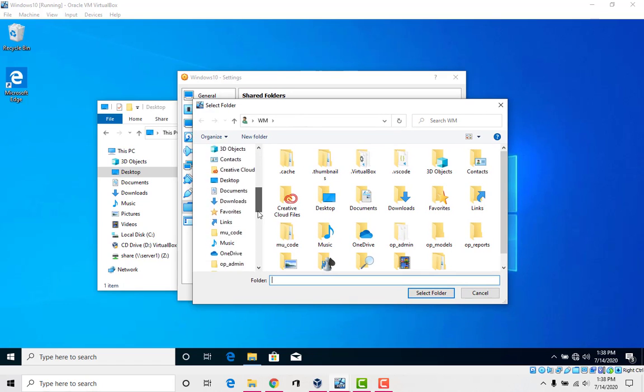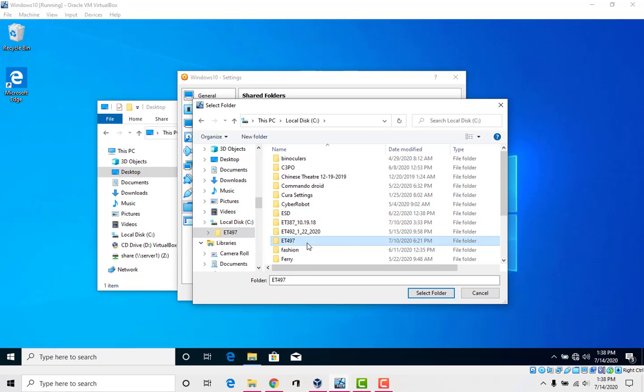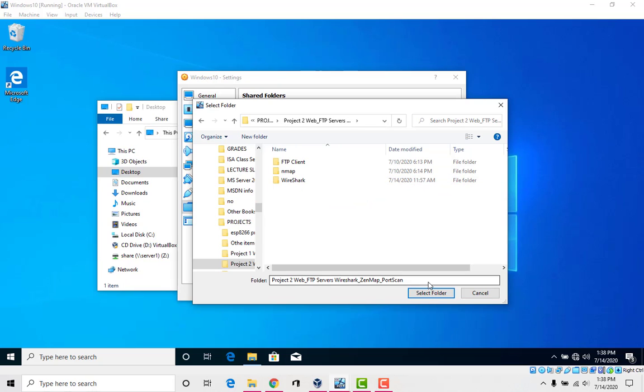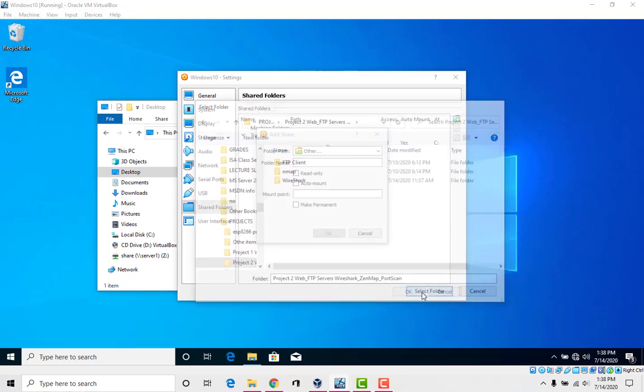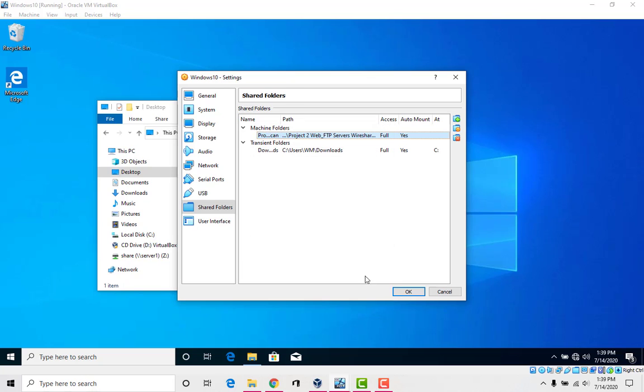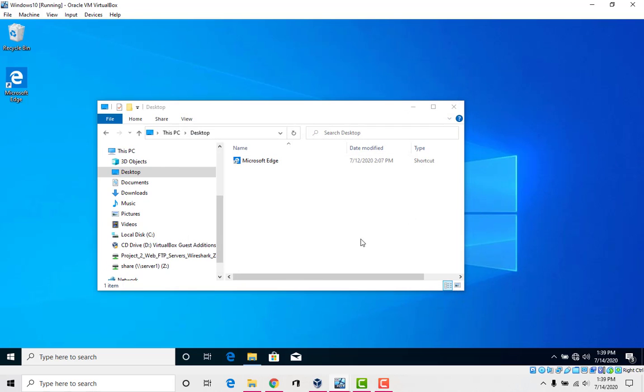Now I can grab something from my local machine, like the C drive, and I have my ET497 projects, project 2, and I can select that folder and choose auto mount, so that it mounts automatically. You can also say make permanent, so you always have it in there, and click OK, and you should see the folder pop up over here automatically.